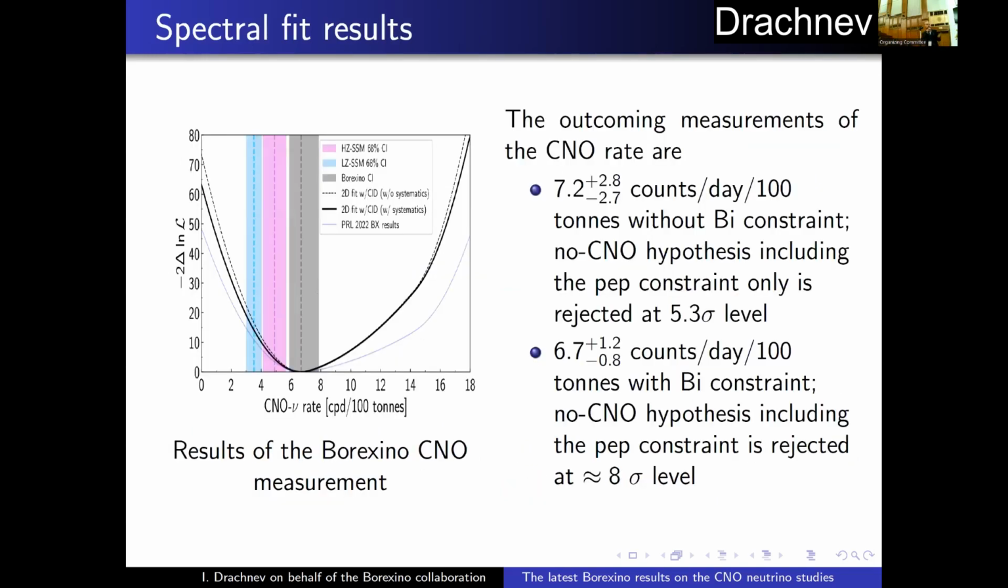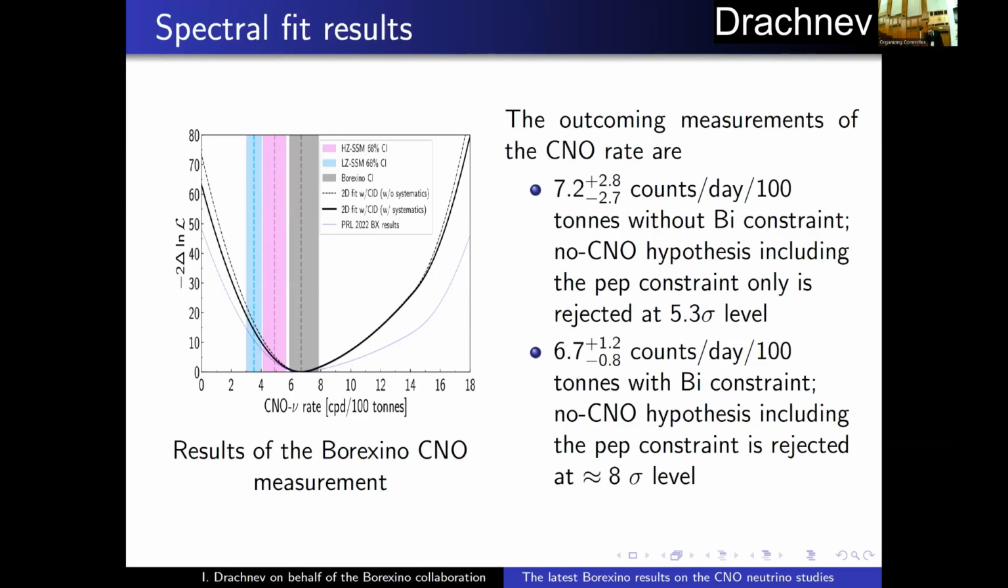And just coming to the numbers, these are the profiles that we are getting for the CNO measurement. So for the full measurement, we have 6.7 plus 1.2 minus 0.8 counts per day per 100 tons, excluding no CNO hypothesis at 8 sigma level, and already we can have some hints about the metallicity. We prefer the high metallicity, as you can see. And also we have an independent from bismuth limit